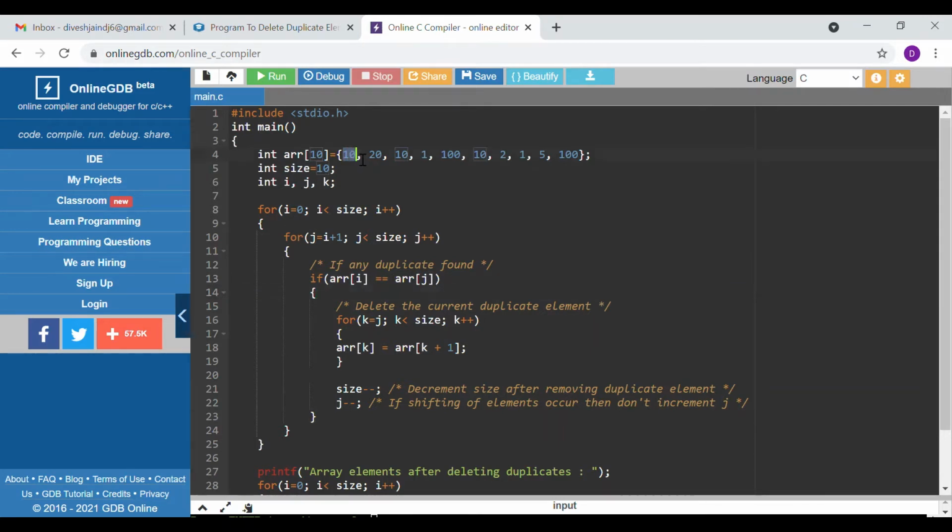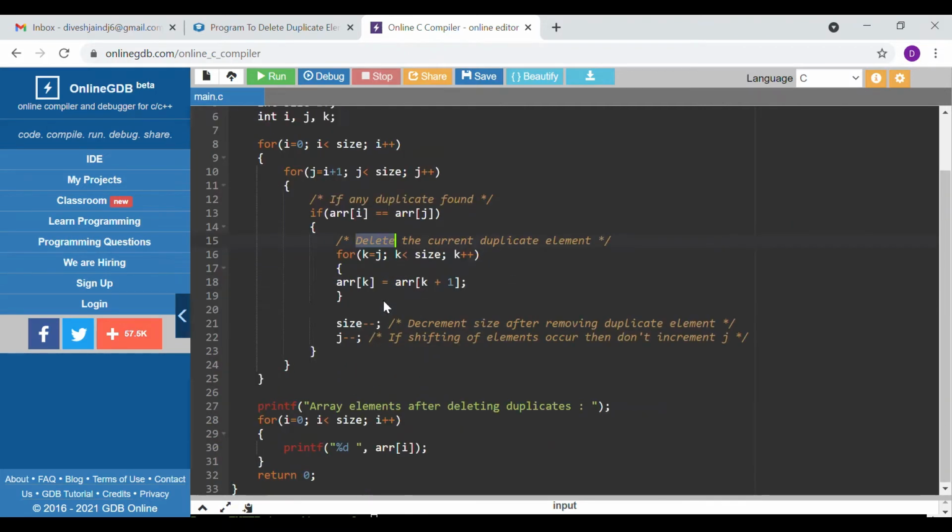Suppose we started scanning from 10, so initially i equals 0, so arr of 0 is 10. Then we start checking from i plus 1. First we check with 20, no 10; then 10, we find it. So we have found an element which is a duplicate, so this condition will be true.